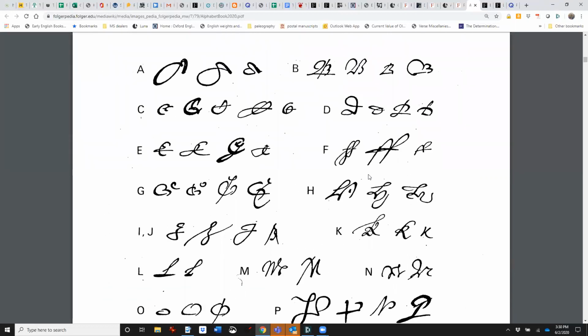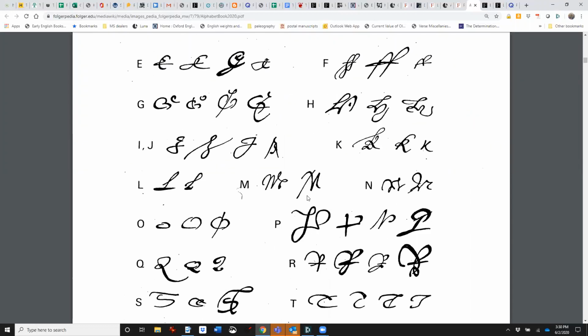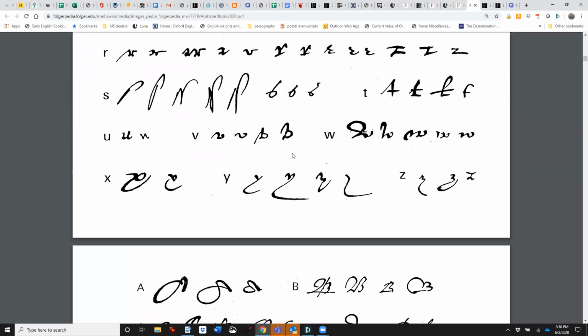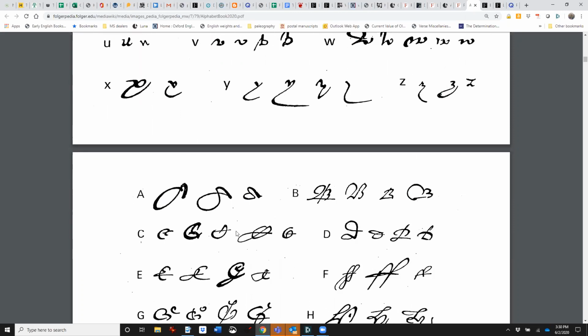And then the majuscules can get quite crazy, as you can see here. And what's particularly delightful about English Secretary Hand is there's this third form that you cannot represent typographically, but I'm convinced it's a thing. So the lowercase in the print world, we refer to as minuscules, and then the uppercase are majuscules. But then there are these letter forms, which I think of and call mediascules. There's something in between a minuscule and a majuscule.